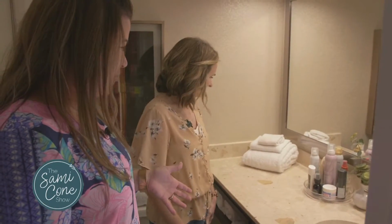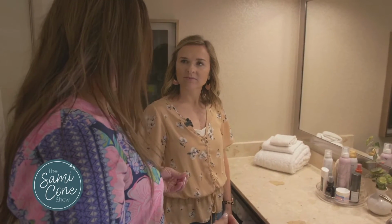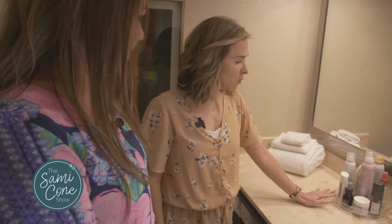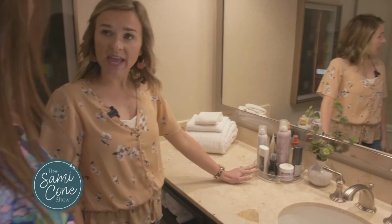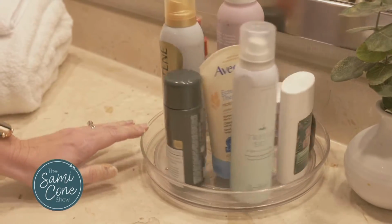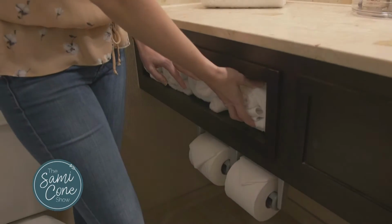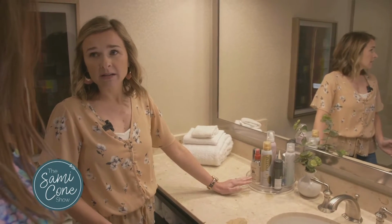Okay, we're in the bathroom now. Tell me, how do we keep that same minimal, clean feel that we were just talking about in the bedroom? Well, one of the most important things is really knowing what you use on an everyday basis. Leave those things out on the counter. It's great to get a turntable like this. So easy. That way you're not knocking things over to get to stuff. You could just turn it and get to what you need. As far as the other things, we always encourage people to not have a ton of stuff that they're not using. But if they do...